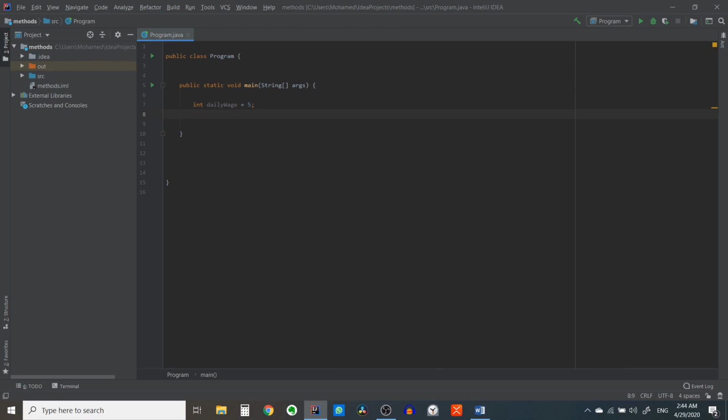And let's say we have another variable, also of data type integer, and say its name is working days and it equals 25, where that variable represents the number of days the worker worked this month. So now if we want to calculate the wage of that worker this month, we will need the multiplication operator so that we can multiply the number of working days times the daily wage